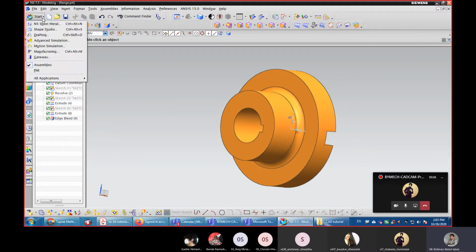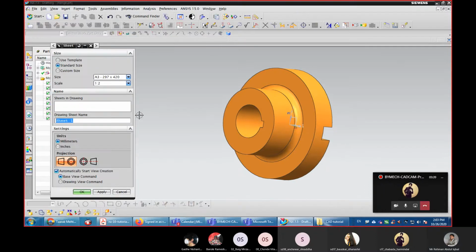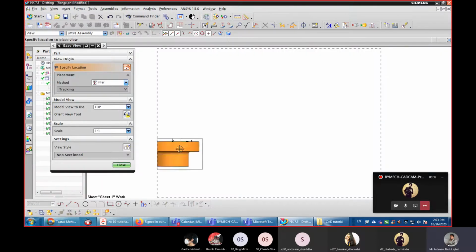So we just need to go to start, drafting. And here select the standard size A3 and scale 1:1, and okay.